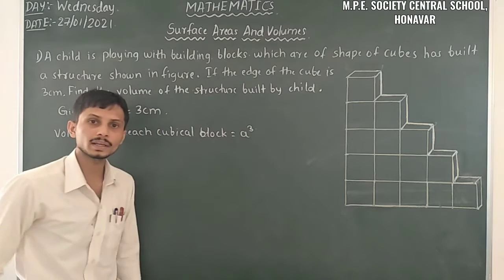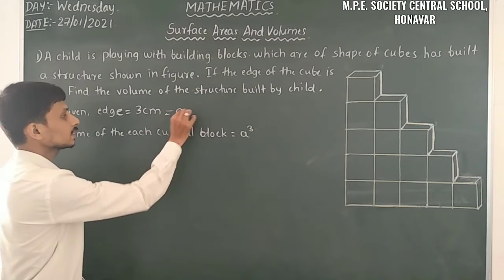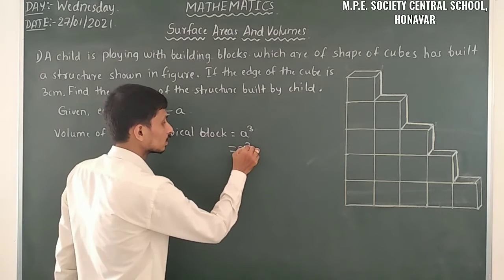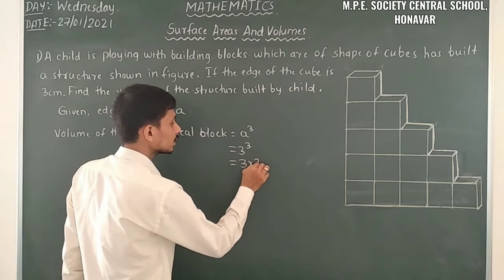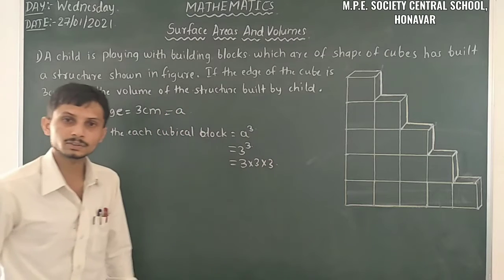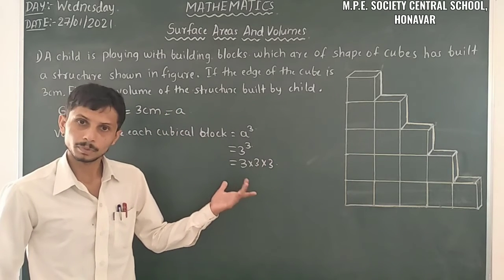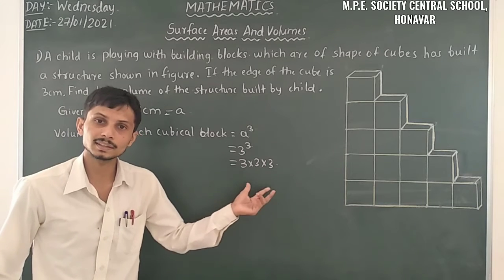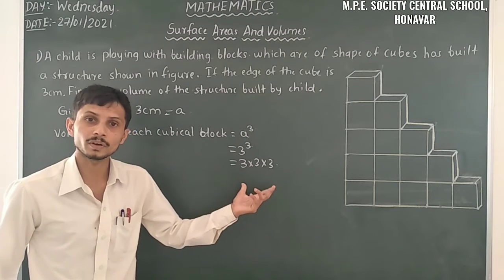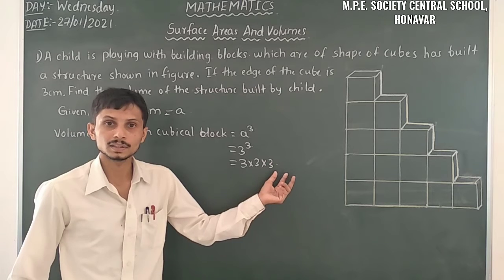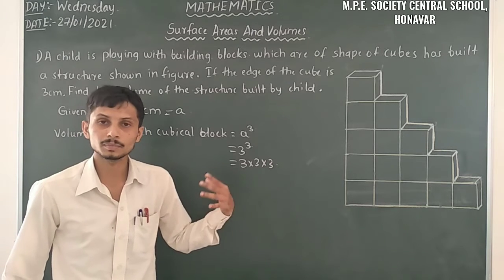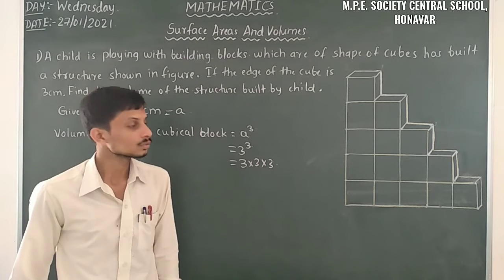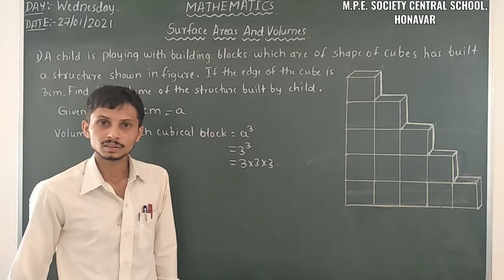Already we know that for a cube, the edge is a here. So a cube, here 3 cube, is equal to 3 into 3 into 3. Already we know that it is 27. But sometimes leaving this as it is makes it very easy to find things, because it is a multiple. That's why sometimes we can cancel out, and sometimes we can simplify the things. It is also possible.